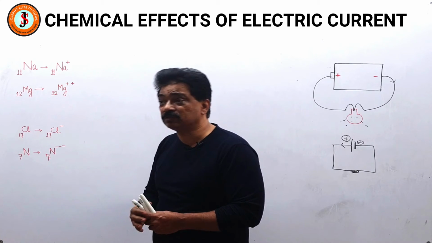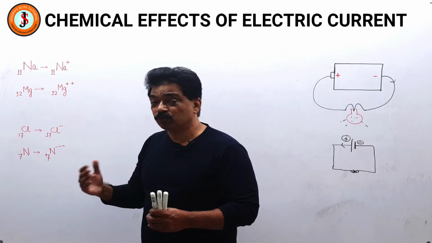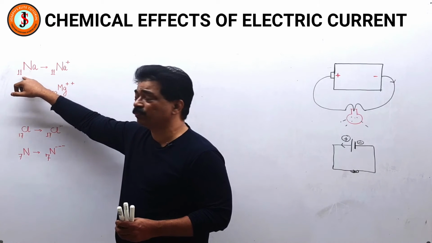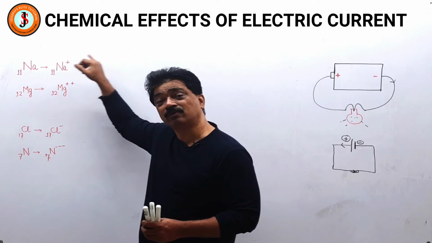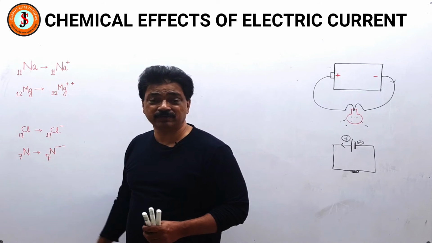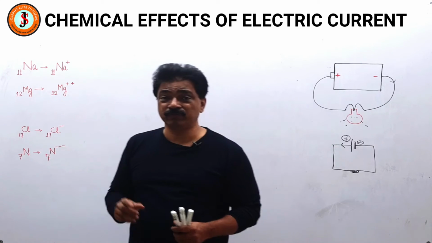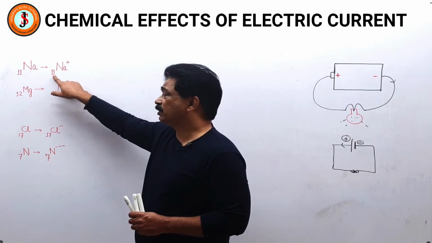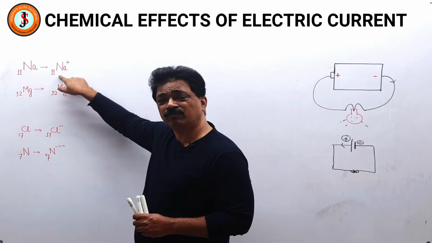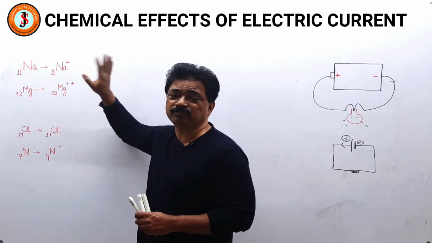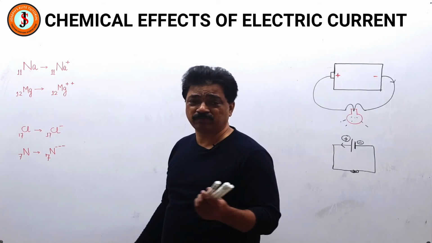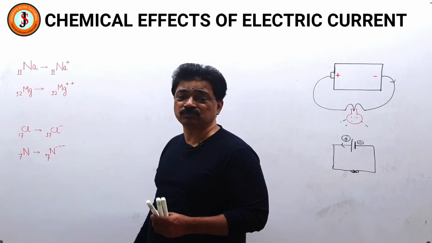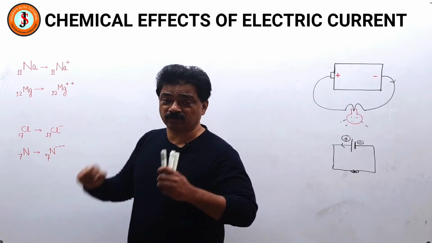So how does the plus sign come there? Protons don't move out or come in. So what happens? It has got 11 protons and 11 electrons. If an electron goes out, then the proton excess will increase. So plus sign, remember always, means how you'll write the protons and electrons. You will write 11 protons. This will always be the proton number, irrespective of charge. The number here is the proton number. So 11 protons, and if there is a plus charge, it has lost an electron. So 11 protons and 10 electrons.